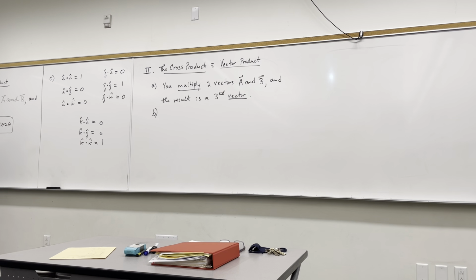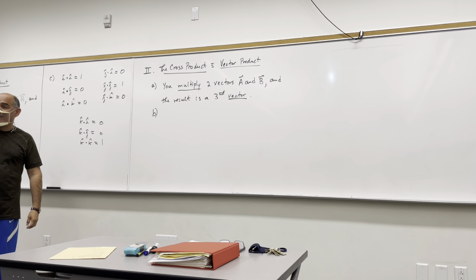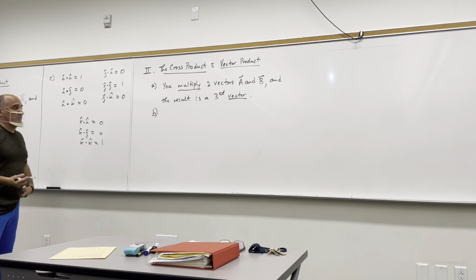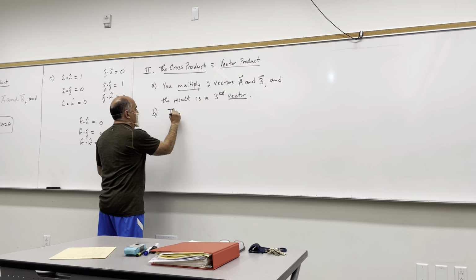But with the cross product of two vectors, the result is going to be a third vector, and as such, as another vector, it's got magnitude and direction. There are two things we need to figure out: the magnitude and the direction of the result of that cross product. So let's calculate the magnitude first. So the magnitude